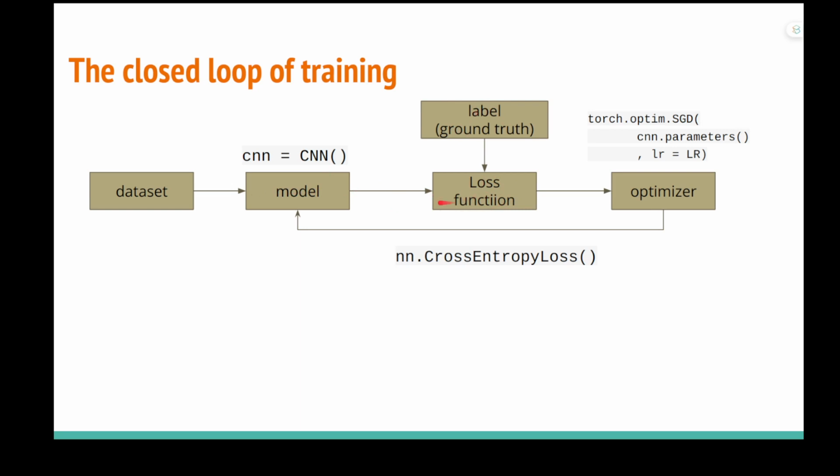It will generate a loss, and the loss will be fed into the optimizer, and the optimizer will do the backpropagation path